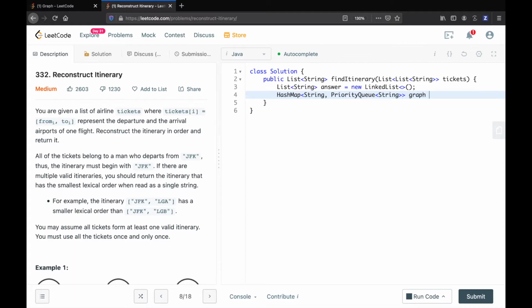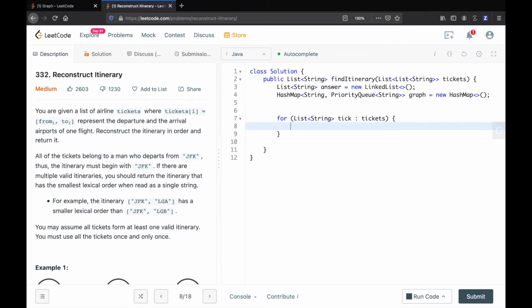And I'm going to call it graph, and I'm going to say equals new hash map. All right, so we've done that. And now let's go ahead and initialize all of our nodes in our graph to an empty priority queue, a new priority queue. So for List<String> tick in tickets,